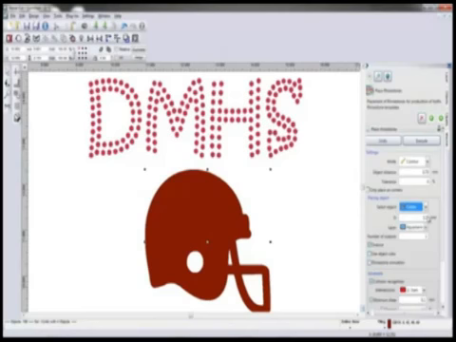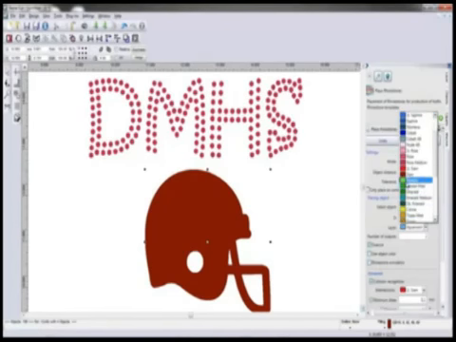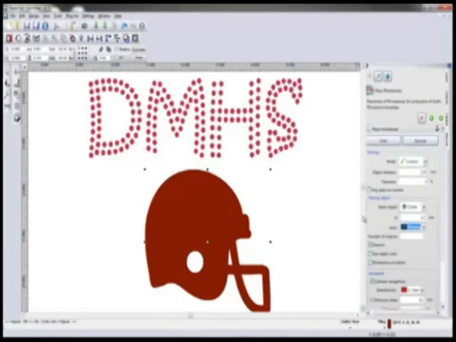I'm going to put the specific diameter for my rhinestone, so in this case 3.2 millimeters for an SS10 rhinestone. I'm going to specify the color, so go over here and we'll select a color. And then what I'll do is I'll select overcut. What that's going to do, it's going to force the cutter to drive the knife blade past the point where the cutter blade dropped down, so it goes past that point, backs up, and lifts. And that's going to produce very good weeding qualities when I go to weed out that excess material when I